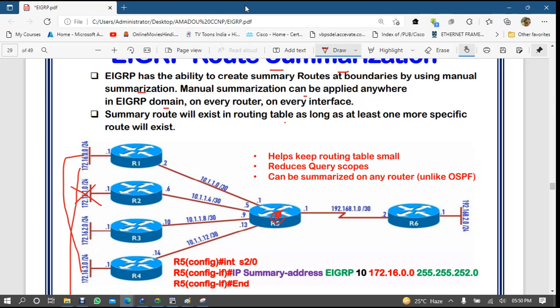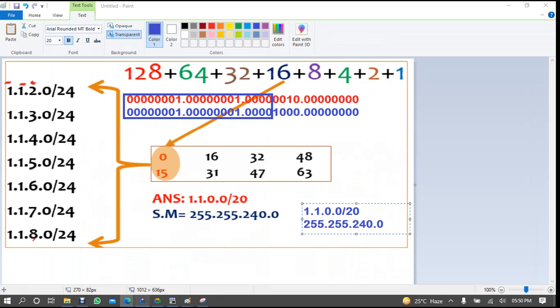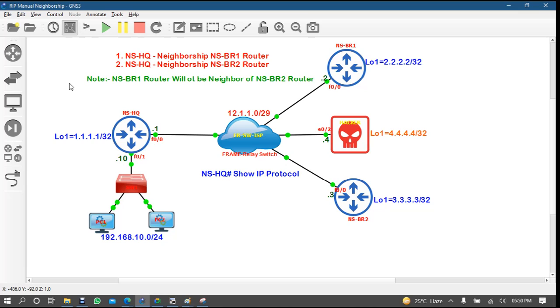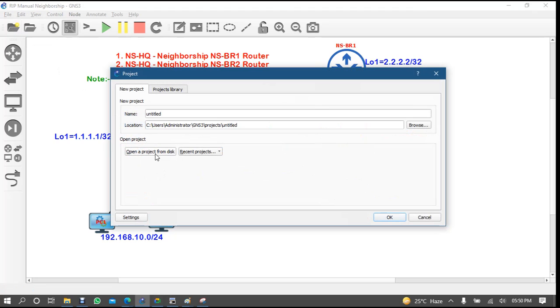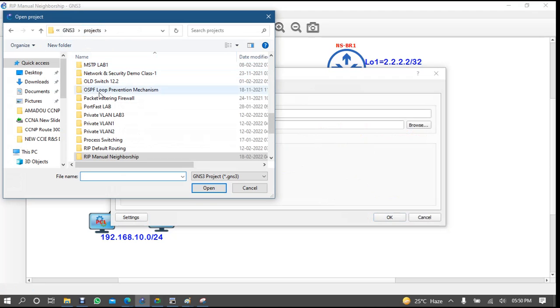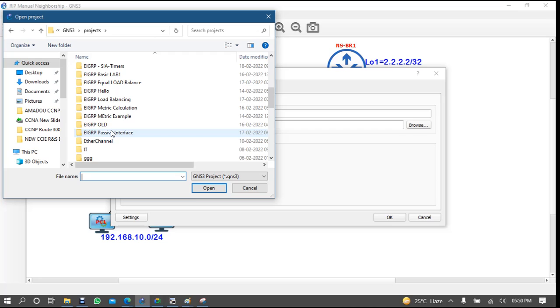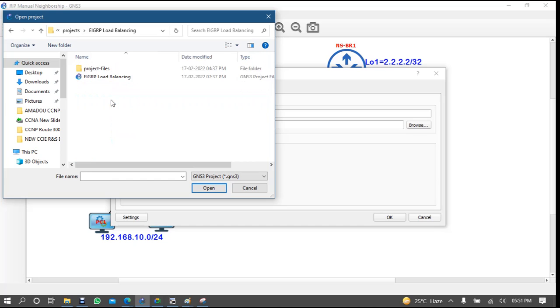Maybe we can have one example of summary routes. Any lab you can take.